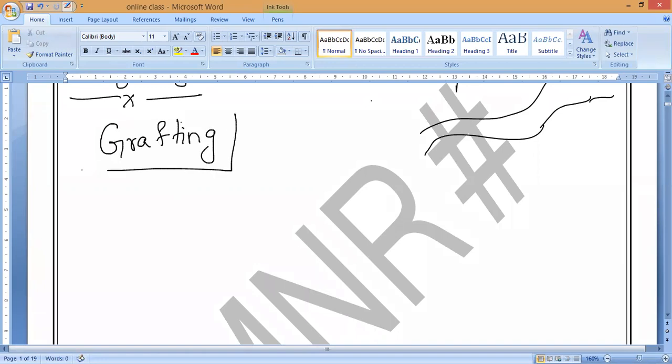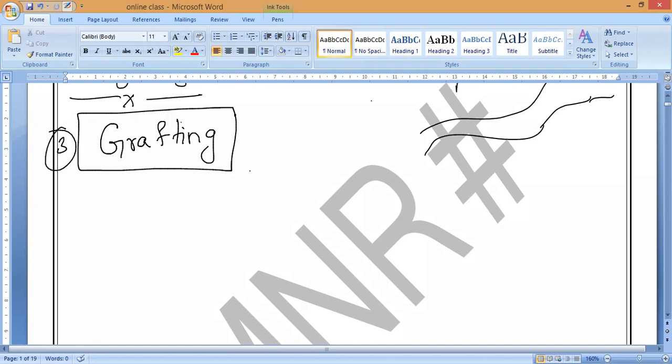You people can even try it if you have a sharp scissor or a knife. You can cultivate using this grafting technique of artificial propagation of plants in our garden also. So let us see what that is and how it takes place. Now let us come here. In grafting, this is the third artificial propagation of plants.